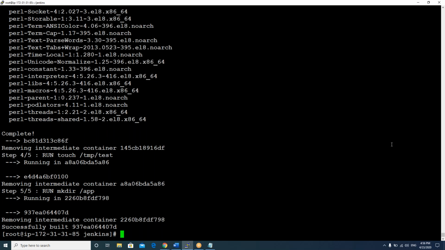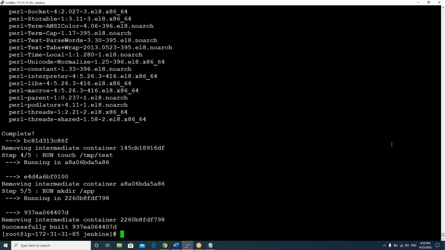A new container is created and the old one deleted. Now, what is the fifth step? You asked to create a directory. So on that new container, the directory will be created. Again a new container is created, and the old one is deleted. Finally, all the containers will be deleted, and the image will be created from that container.